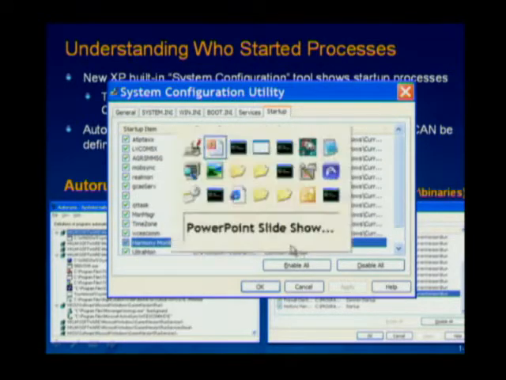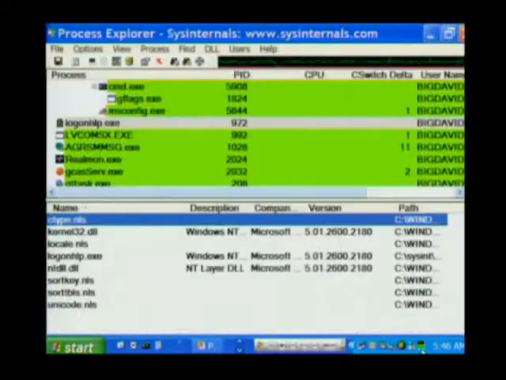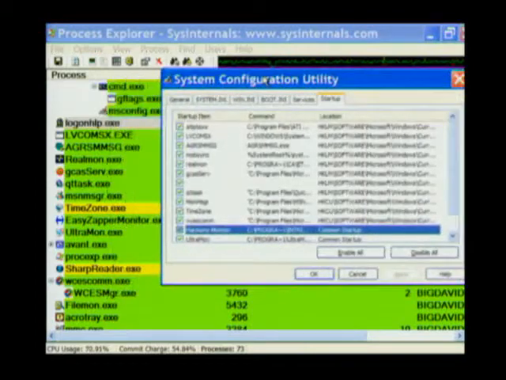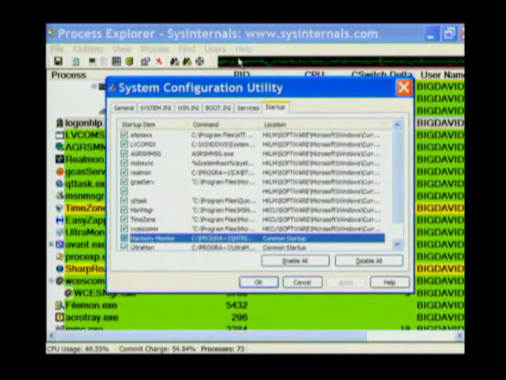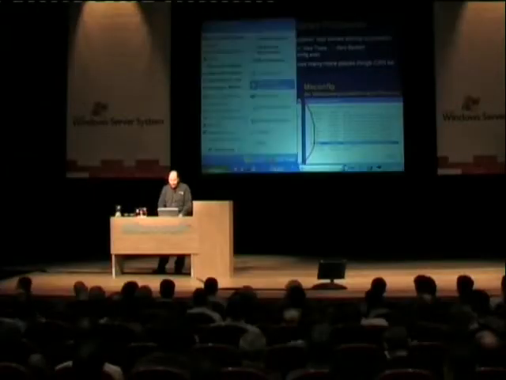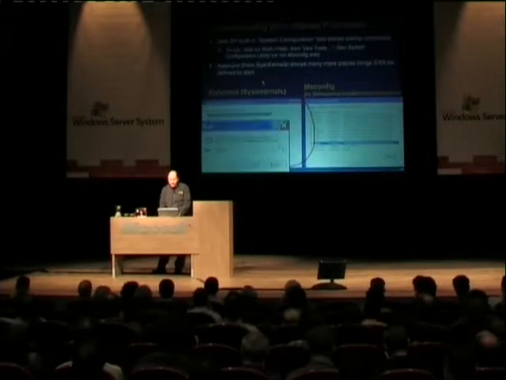But the process that we identified on my system isn't in the list there. Let's go back and look. This process, logonhlp.exe, isn't shown in the list. That's because this tool doesn't show all the places in the registry that can be configured for stuff to start at login time. Mark has a freeware tool called AutoRuns, which over the last year has changed. If you've run it in the past, get the latest version, because even just two weeks ago, Mark found yet another registry key that may contain code that is loaded at startup time. So it shows, we think, all the places that Windows looks for processes or DLLs to be loaded at logon time. So I'm going to run AutoRuns,